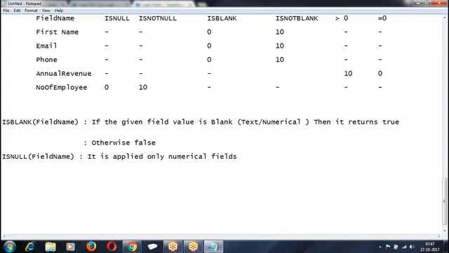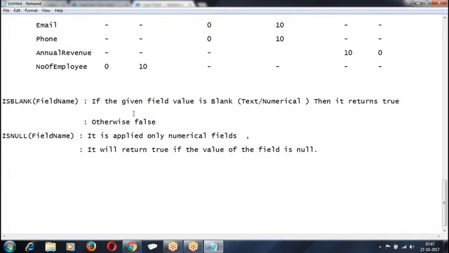It will return true if the value of the field is null. IsBlank, IsNull.